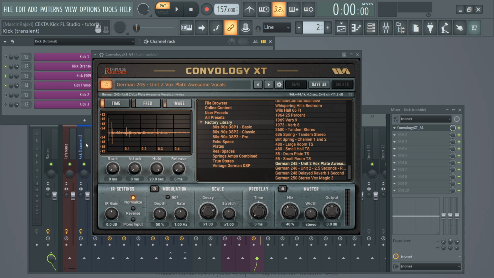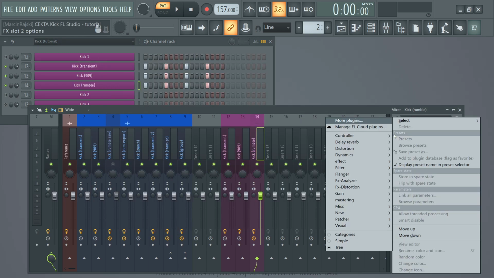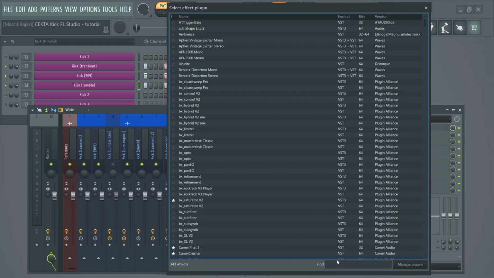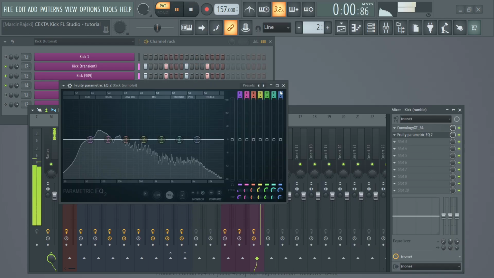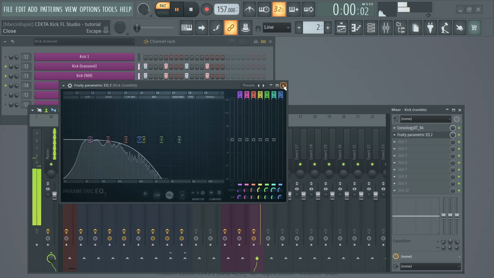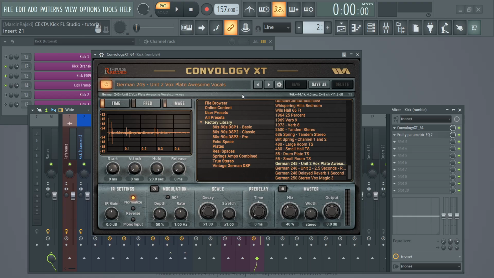Aside from adding more low end to the kick drum, we are also adding the mid and high frequencies that in the rumble sound will be pretty useless. So to focus better on adjusting the plugin to get the low end we need, I can put some low pass filter already. You don't have to bother with adjusting that low pass filter very accurately, because at first we need to shape